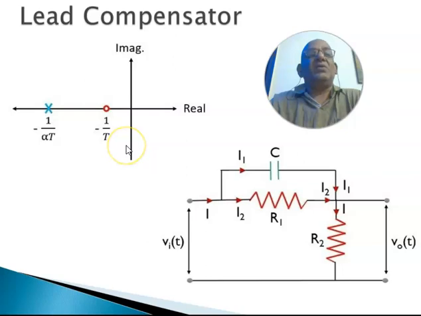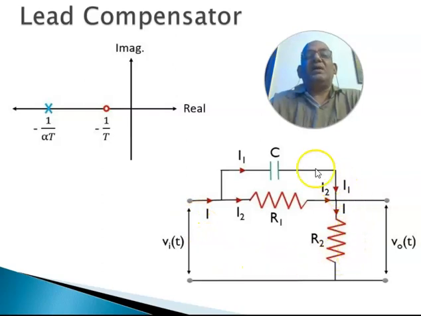The pole and zero locations of the lead compensator are given here. Minus 1 over T is the zero, minus 1 over alpha T is the pole. You can see that the zero is closer to the imaginary axis. That is why we said it is a dominant zero. And we have mentioned it in the previous slide. And if you have to realize this